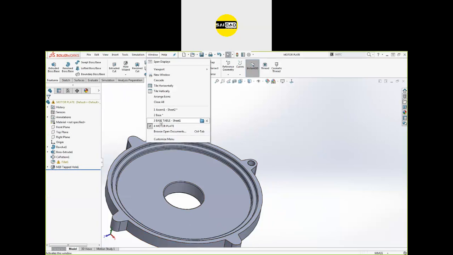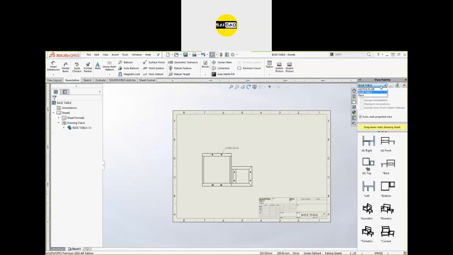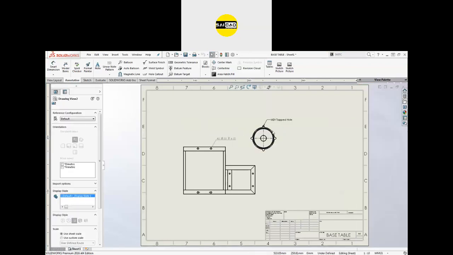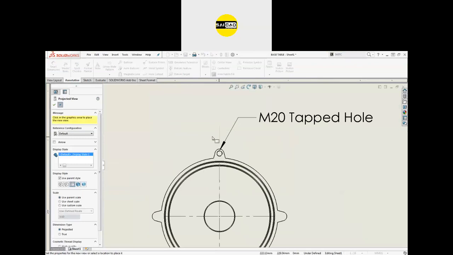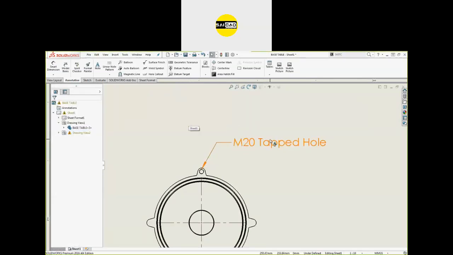go to the window, View palette, Upload. And where is the file? Okay, so you can see we have directly the option that is M20-4.